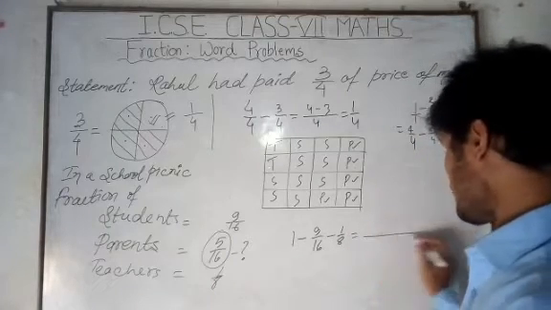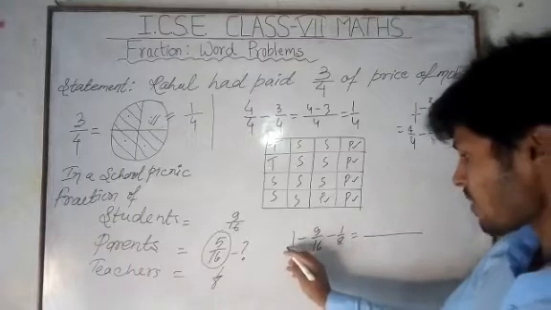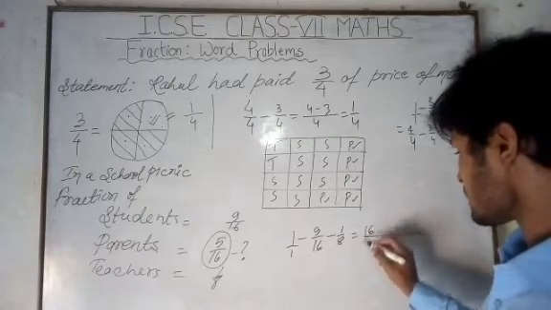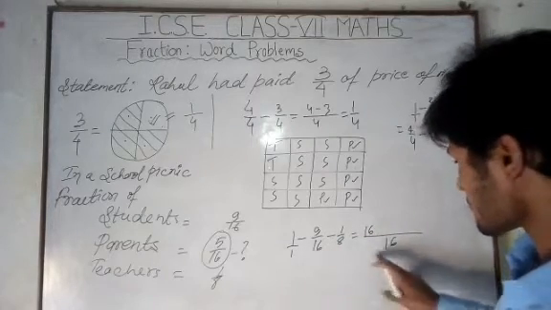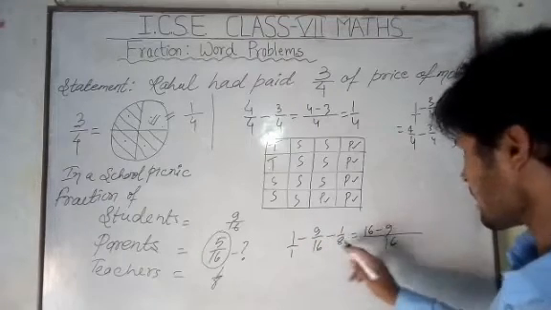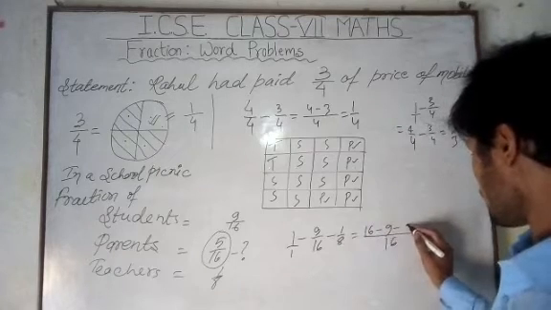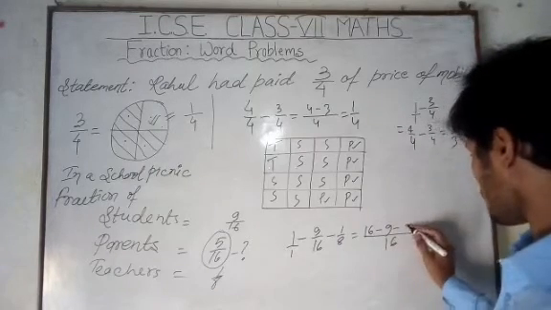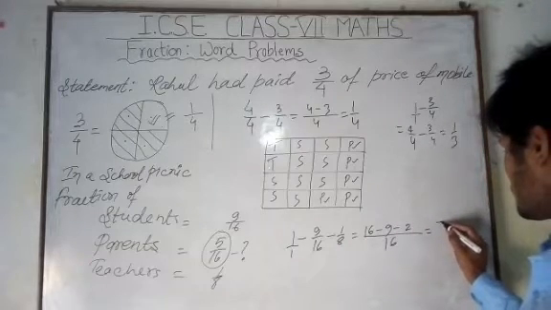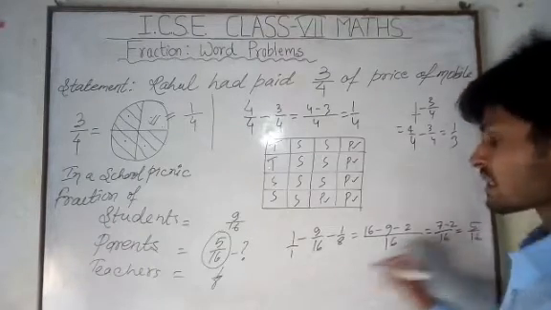And finally, if you solve it, you will see here we have 1 as denominator and 16 as denominator, and 8 as denominator, so 16 is the LCM. Here it is 16 because 1 is multiplied with 16, and 16 is as it is, so it will be 9. And here 8, so 8 times 2 is 16, so 1 times 2 is 2. Now what do we get? We get 7 minus 2 by 16, it will be 5 by 16, that is our answer.